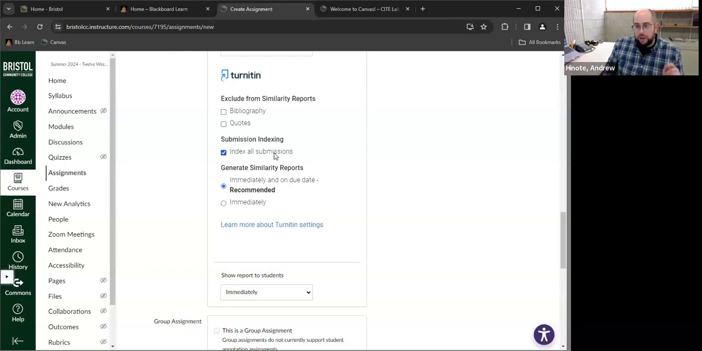Or, hey, this is Andrew Hinote's submission from English 102 at Framingham State or Harvard or wherever else they might have submitted it at another school that uses Turnitin. So it really expands the scope of being able to help you identify where the work originally came from. So definitely leave on submissions being indexed because that's helpful. The only time you wouldn't want submissions indexed is if students are submitting drafts, so that the final product isn't marked as plagiarism against the draft they submitted